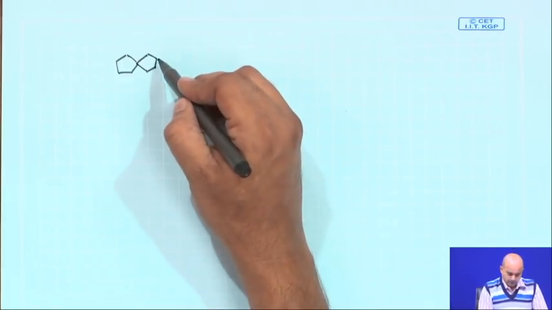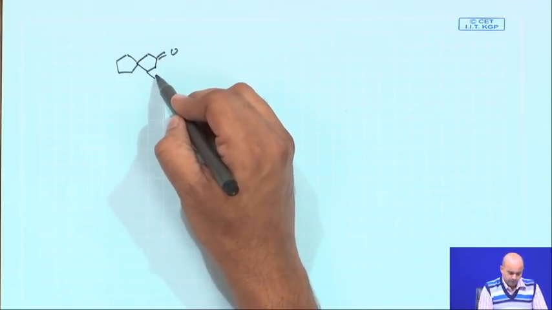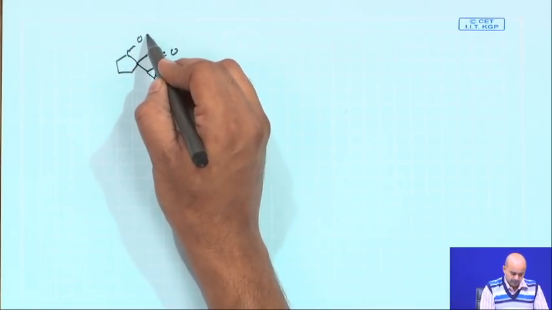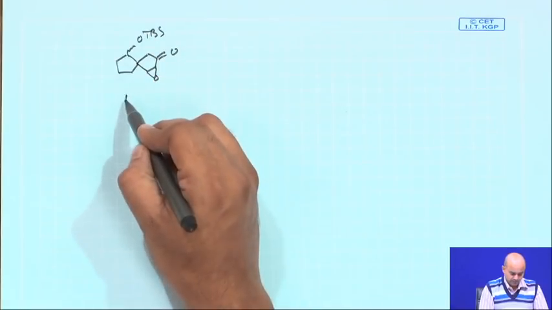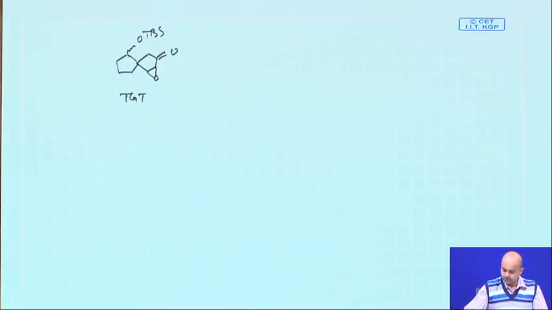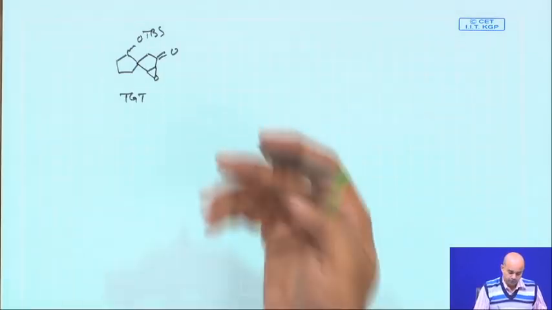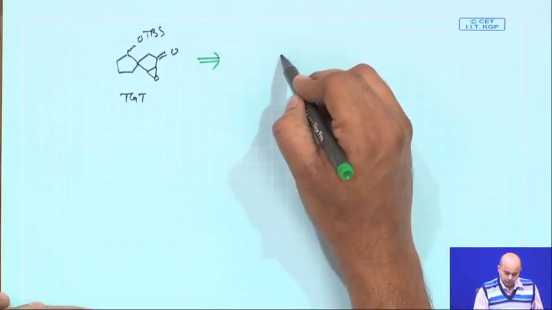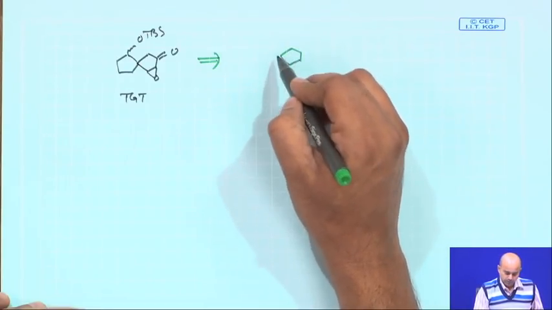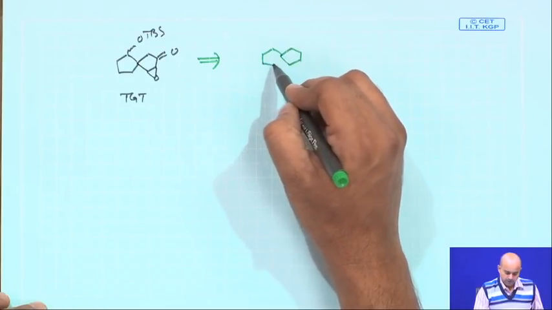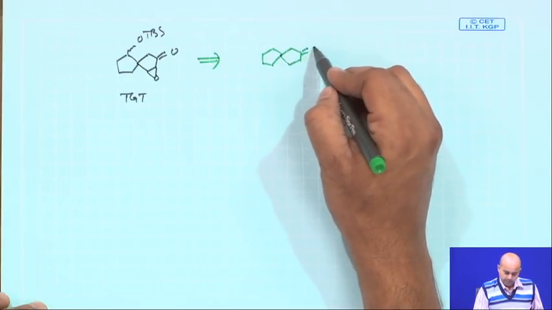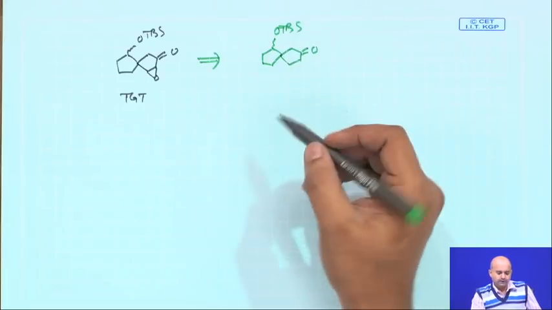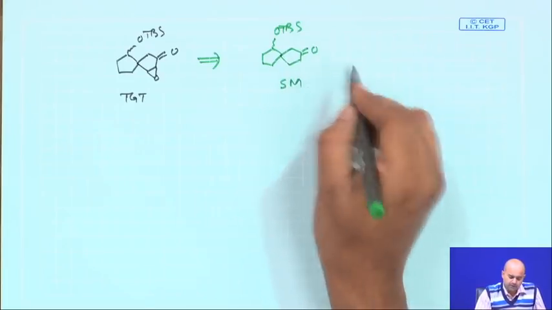It is given a spirocycle compound, a spirocycle epoxide, with this end having a TBS. This was the target molecule given to you, and the starting material which was also given to you is having a similar structure. So, basically the point is, if you now try to correlate the starting material and the target molecule,